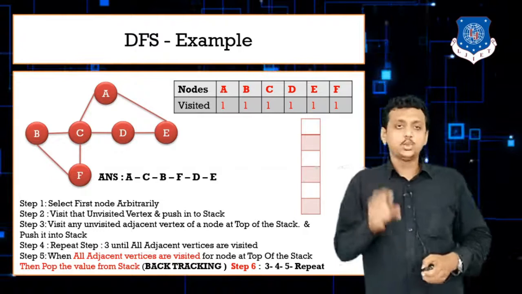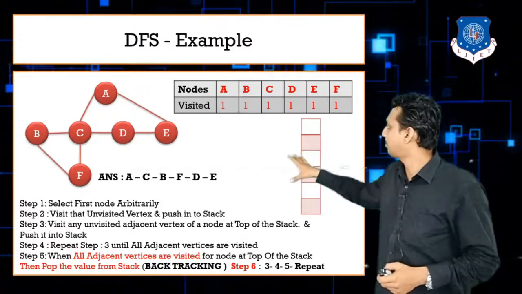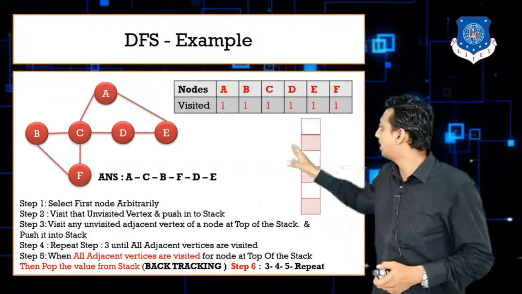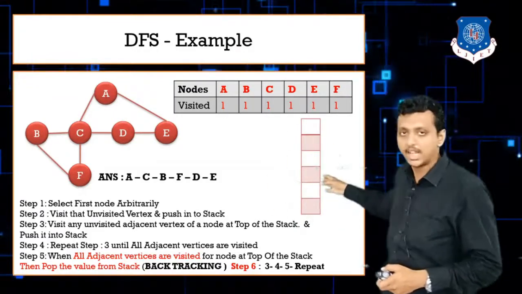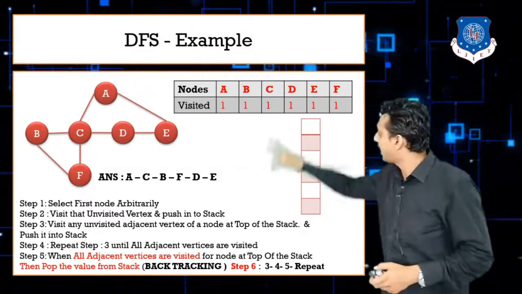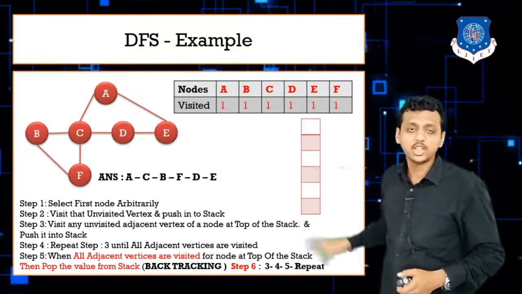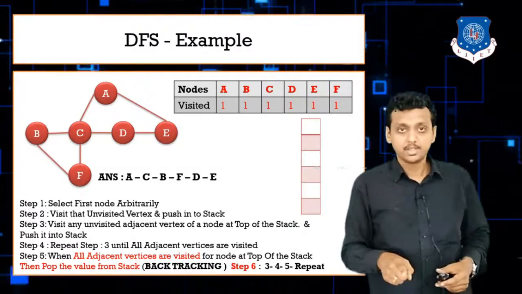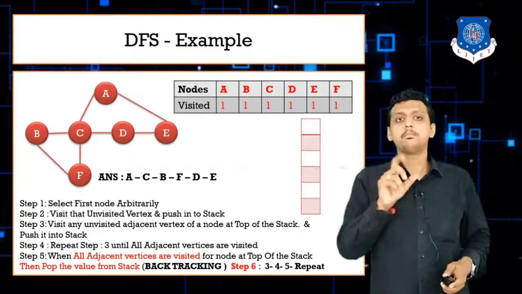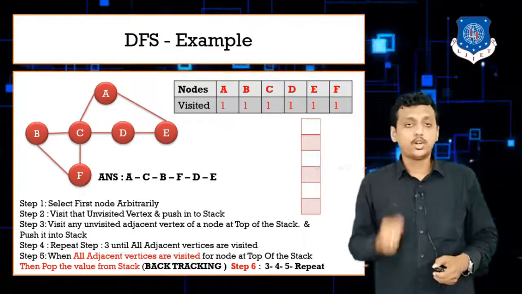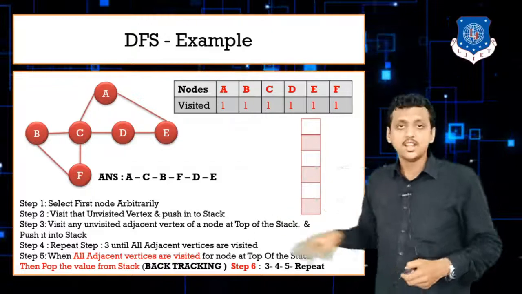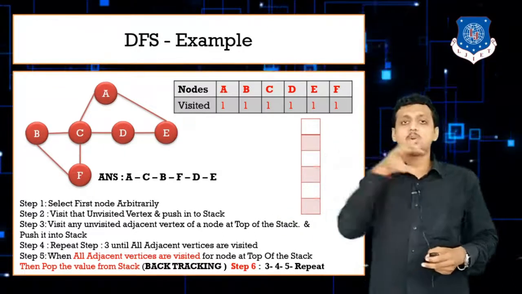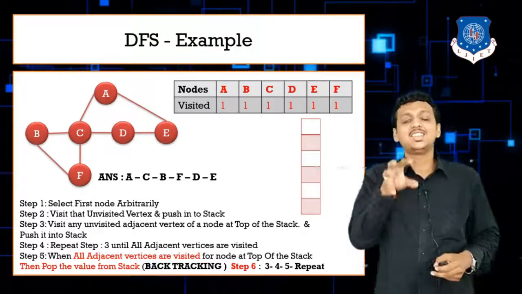If someone asks you about such a network topology or such a graph, just imagine A as Ahmedabad, B for Bombay, C for Calcutta, D for Delhi. If I have such cities connected in a network and someone asks you to visit each and every city and show a good path for that, what I did is apply DFS there. First visit A, then check for adjacent nodes. Go towards C, then check for adjacent nodes.